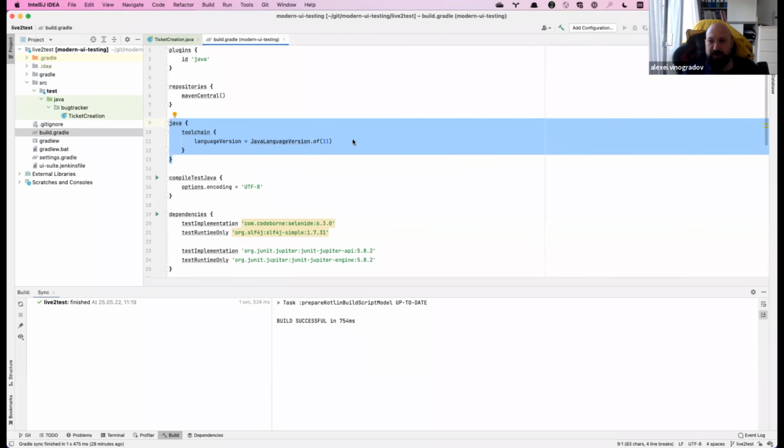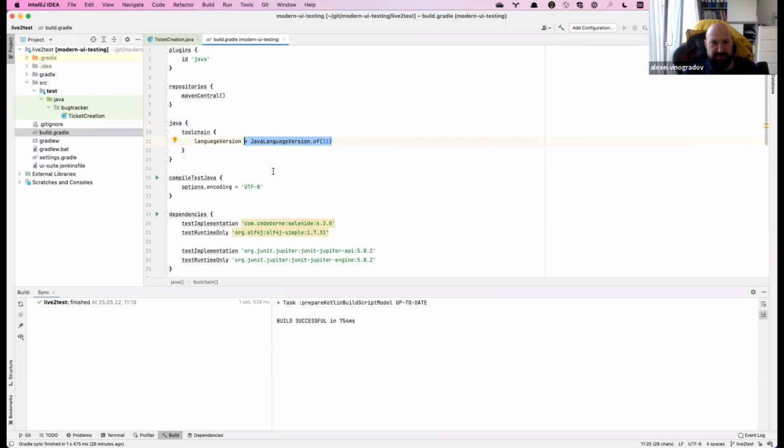So also we now have Java version 17 as a long-term support version. I still stick to 11. One of the reasons is that I like some features of Java version 11 that I actively use in testing, but I never used one of the features of Java 17 in testing. So actually it doesn't make any difference for me, 11 or 17.